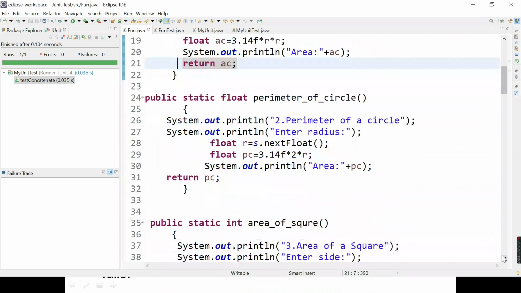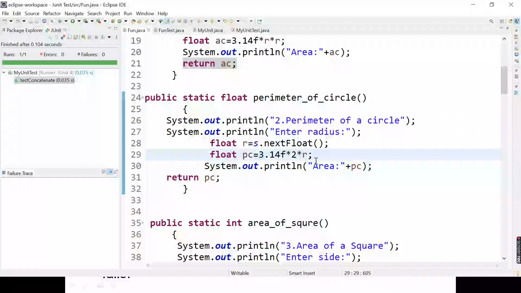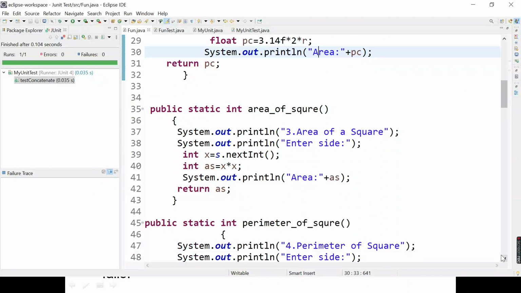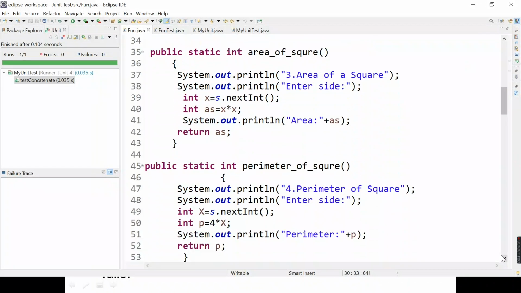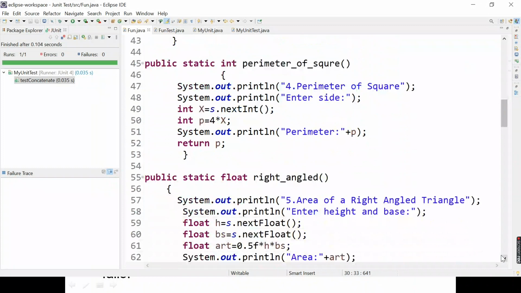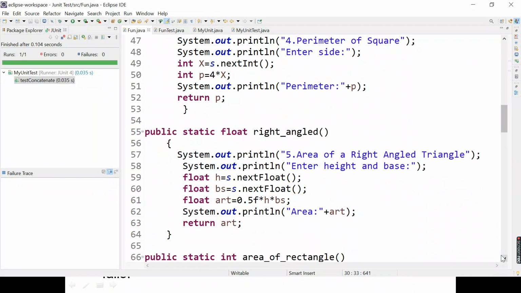Similarly, perimeter of circle is there, the formula is applied, and then the perimeter of the circle is calculated. Similarly, it does it for area of square. In the same way, for perimeter of the square, input is taken, the formula is applied, and the perimeter is calculated.